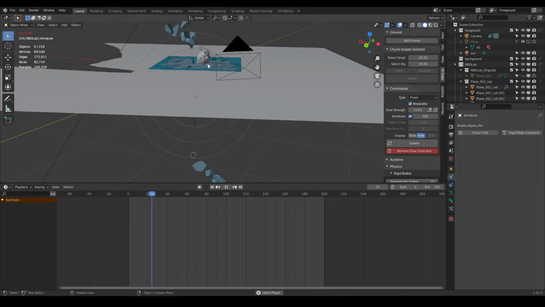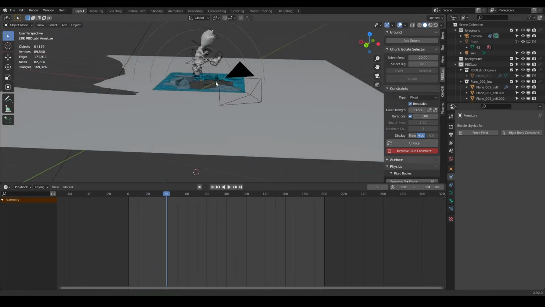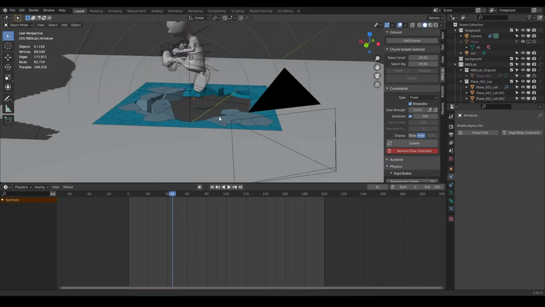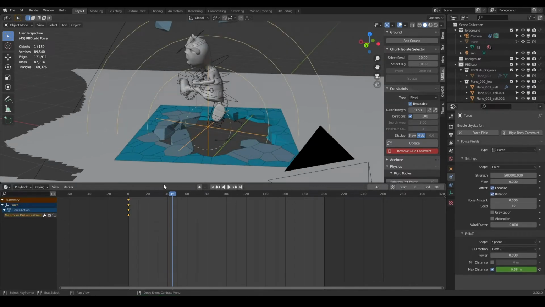Yes, after that something is breaking. So let's, after he rises, let's